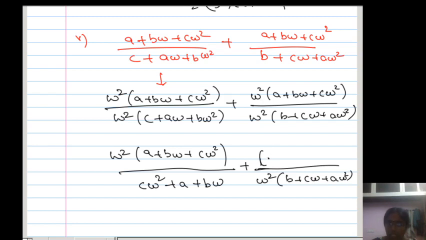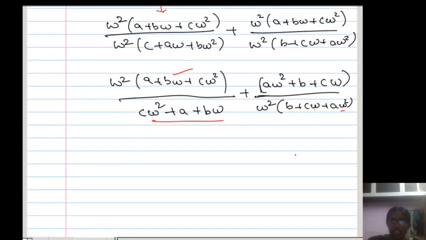To multiply the numerator: aω², next ω² into bω³, so b, since ω³ is 1. Next cω⁴ is cω. So what happened here, you can observe that a + bω + cω² and a + bω + cω, both cancel. Next here also, aω² + b + cω and aω² + b + cω, both cancel, numerator and denominator. Now easily you get the answer here: ω² + 1/ω², is it? Because the numerator and denominators are cancelled here, ω² is left, and 1/ω² is left.